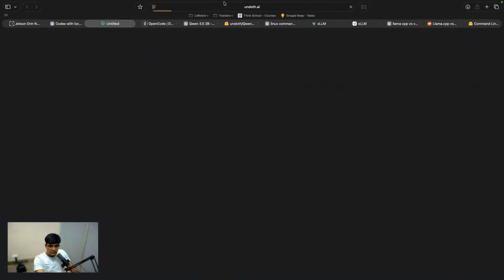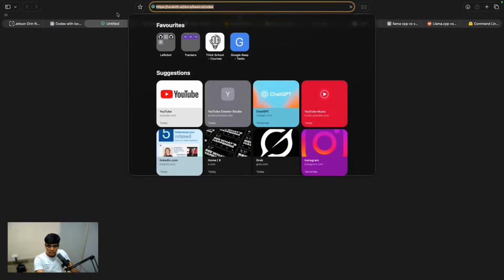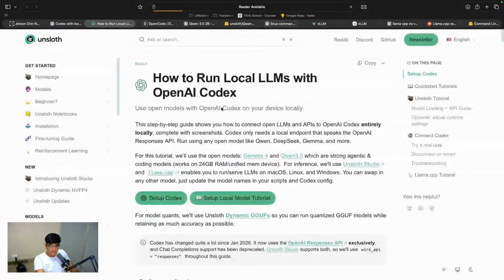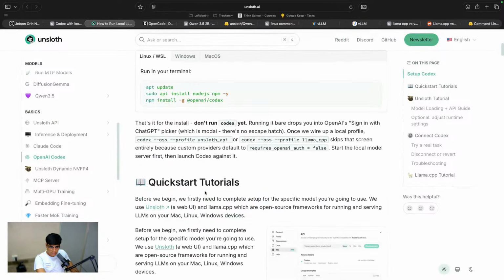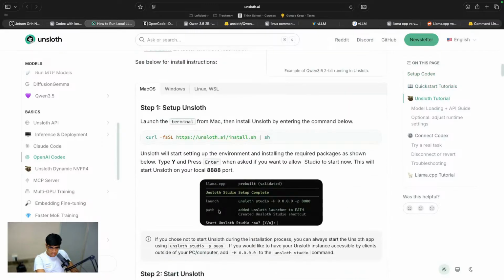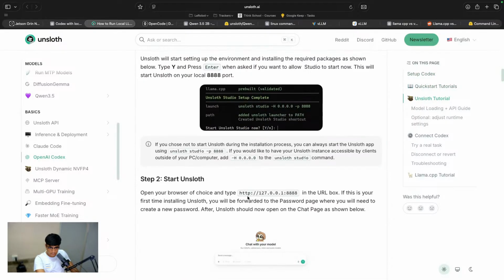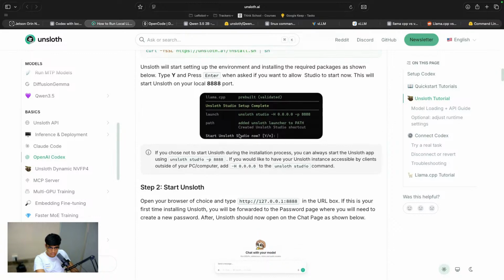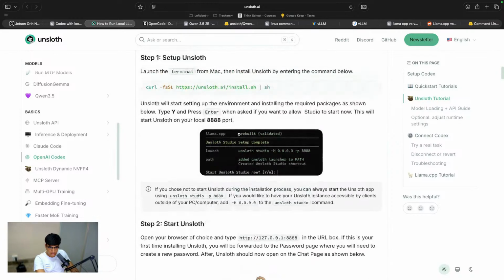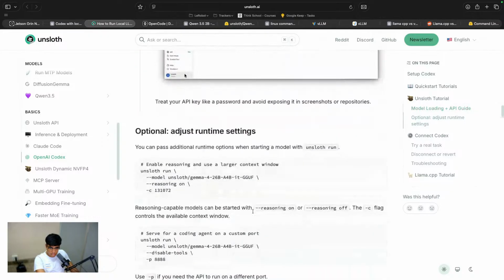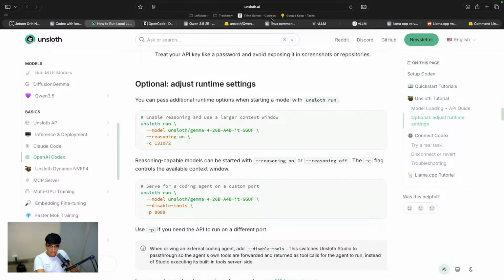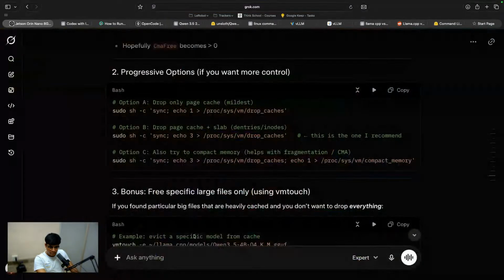And let me just give this article to, because this is for the unsloth version model only, but I believe they're doing it a bit differently, where you kind of have to have the unsloth studio, which I'm not sure if I want to install right now. Yeah, you see, I don't want this. So I just want to run it on Llama itself. So I'll come on Grok. I think it's already here, but